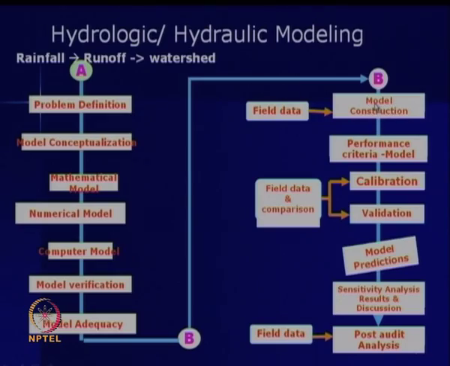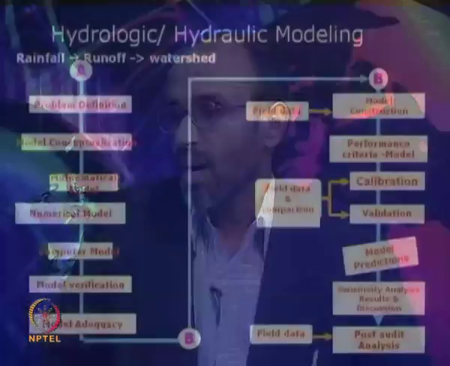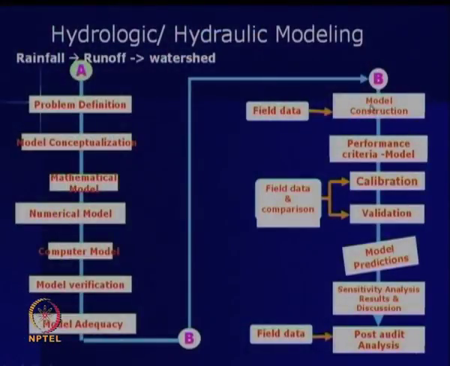So, model construction means the model which we have to construct for the particular watershed to deal with the particular objectives which we have set. Once the model is constructed, we can run the model and see its performance. If some field observations are available for the particular watershed, say runoff measurements for a given rainfall condition, we can run the model and see whether we are getting the same results. That way we can be confident whether the model is giving appropriate results.